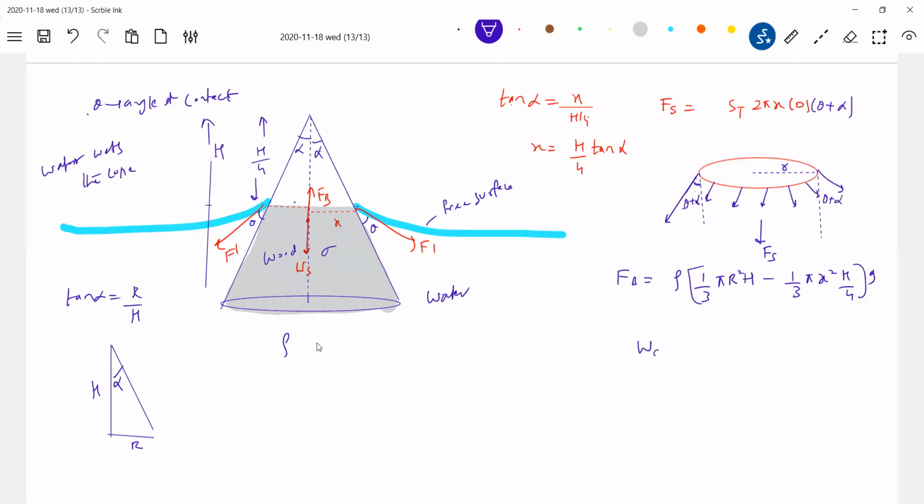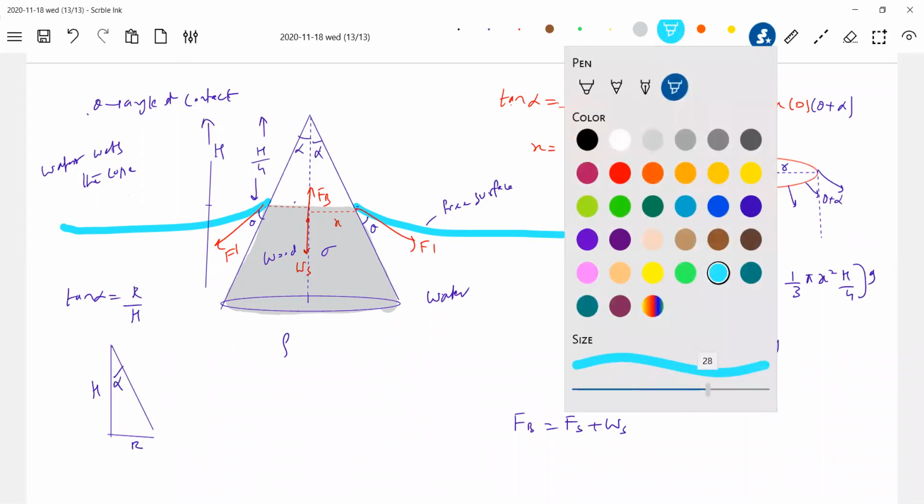So then what about the weight of the solid? Weight of solid should be density times pi r square h/3. Okay, there's no problem with this. So again, we should replace r. Solve all this, and you'll get the expression for surface tension. We have to check the conditions. Everything here is water that is present.